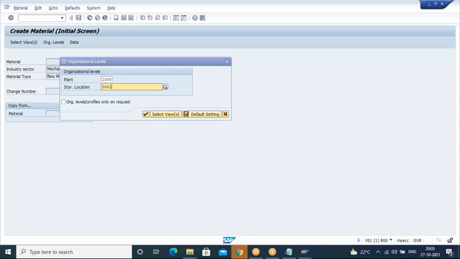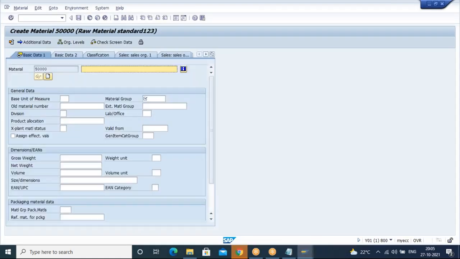Whatever your plant is and whatever your storage location is, we are going to enter those details and then click on the enter button. Now enter the description. Enter what the material description is, whether it is a wood raw material or some gold or bronze, whatever it might be, we are going to enter the respective description of the